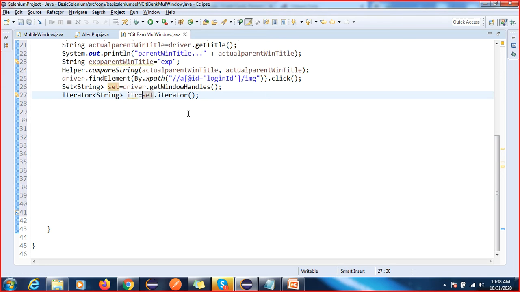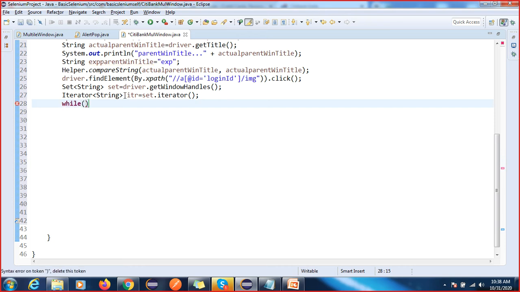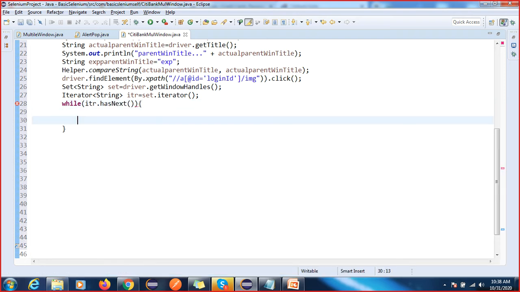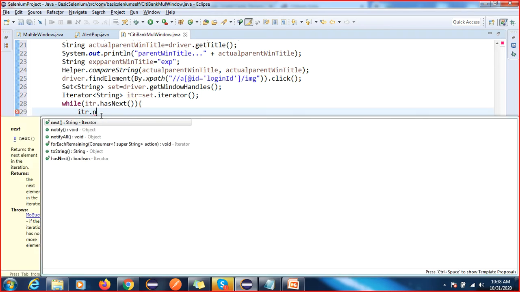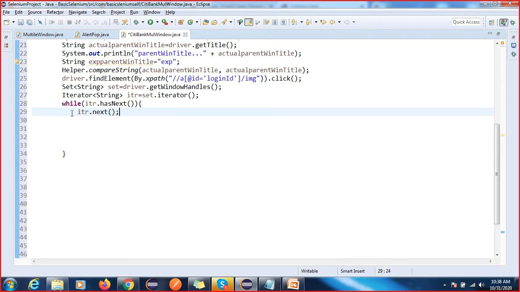Now we will use a while loop, and here we can use the methods again. We can use the method hasNext, and the same thing we can apply here. Here we have another method called next, right? The concept I already discussed with you. So now this is your child window.